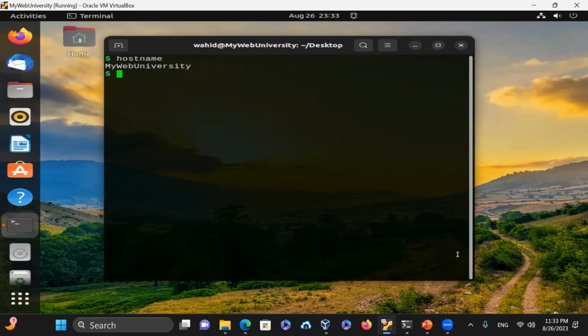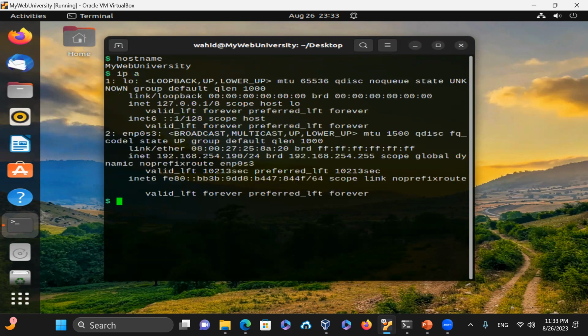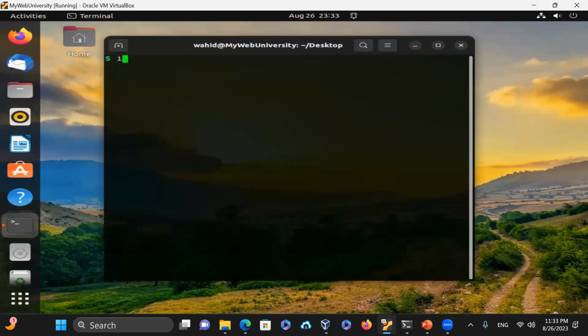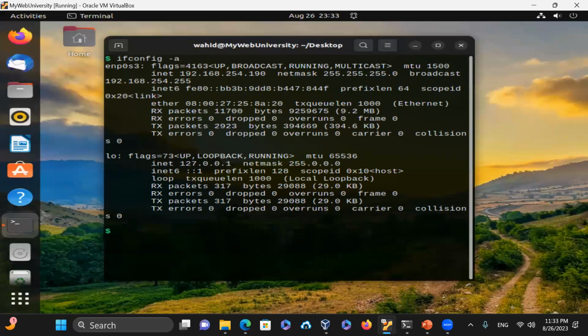And then I'm going to just say, this time, let's get the IP address of this machine. ip a would give me all the detail, but I'm interested in the IP address of it. I could also do ifconfig -a and get all the interfaces. I could also get ifconfig